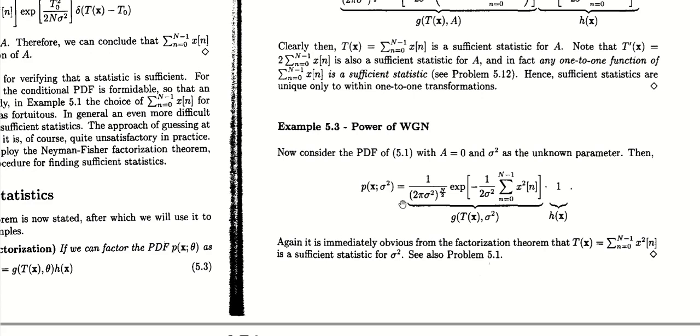So let's observe this equation. We will see that the one thing you are expecting is g of T of x and sigma square multiplied by h